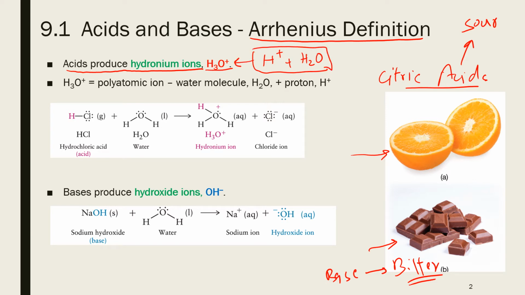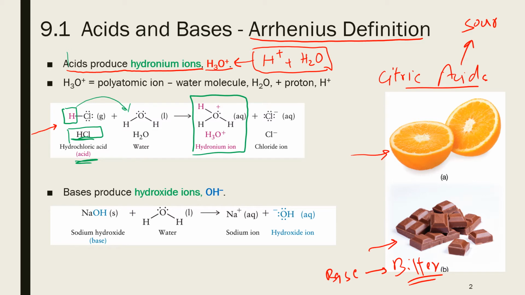So for example, an equation of HCl and water is given here. As you can see, the H positive ion from hydrochloric acid combines with water and we get hydronium ion. So any substance which gives hydronium ion when mixed with water is known as an acid. This is the definition given by Arrhenius. So this HCl, the name is hydrochloric acid because it's an acid, because when it is mixed with water